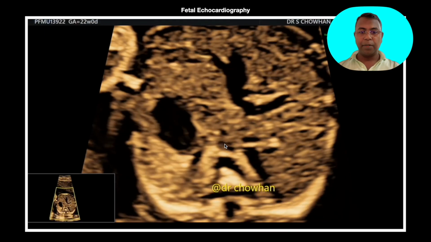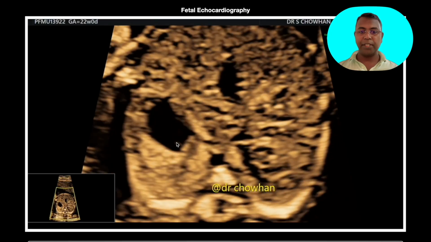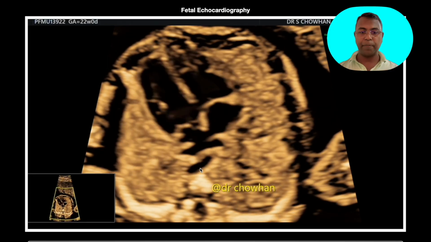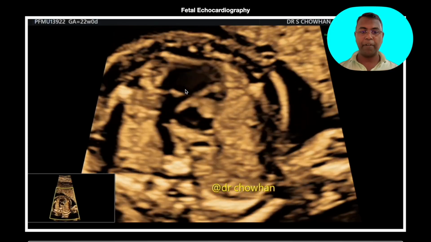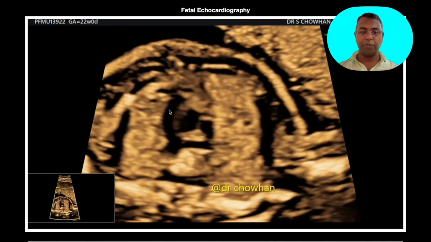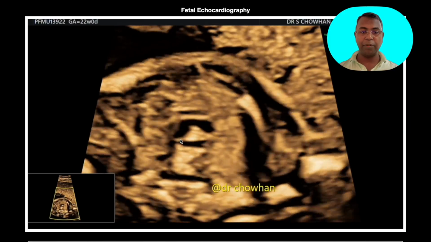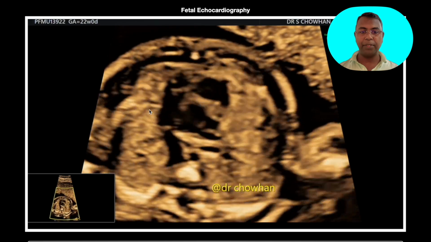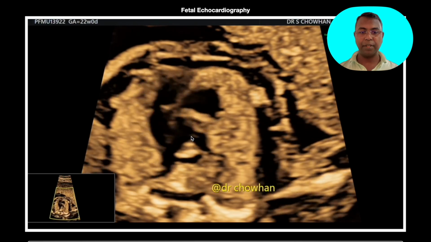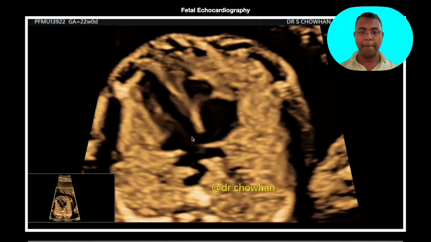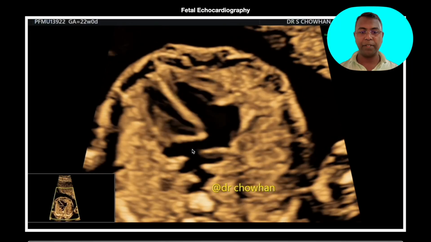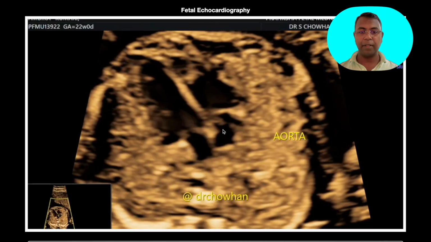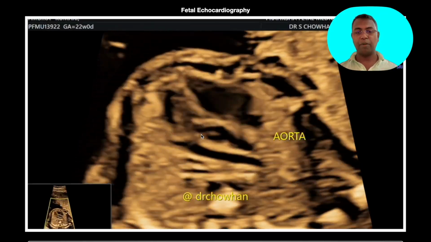So to conclude, this is the final video where you can see, starting from the abdomen, the moving spine, aorta, pulmonary veins. This is the 3-vessel view. This is the thymus, 4-chamber, pulmonary veins, left atrium, left ventricle, and then from there we'll